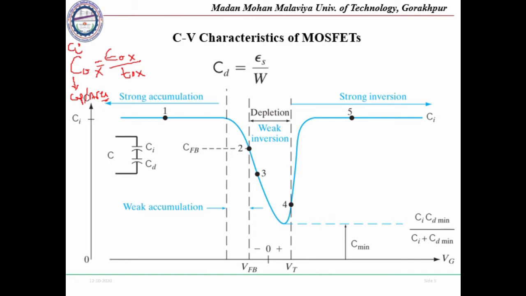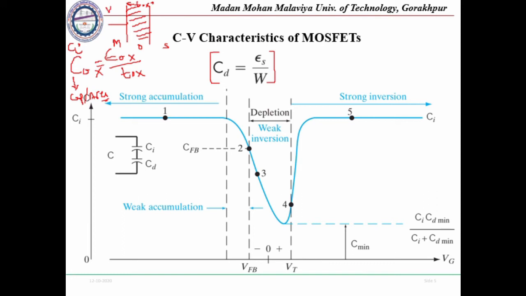The next point is, once we have considered the oxide capacitance and depletion capacitance, we will be dealing with the application of gate voltage at the gate terminal of the MOS system. Suppose this is our MOS: this is metal, this is oxide, and this is semiconductor. This is your oxide region, and it has a thickness of TOX. And this is your semiconductor.